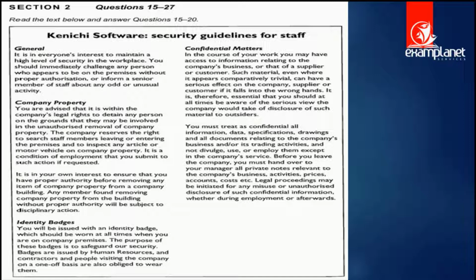So if you check very well, detain there apparently is the synonym of stop. And the next thing that the company can do to you is to search. It says the company reserves the right to detain and to search. For number 17,